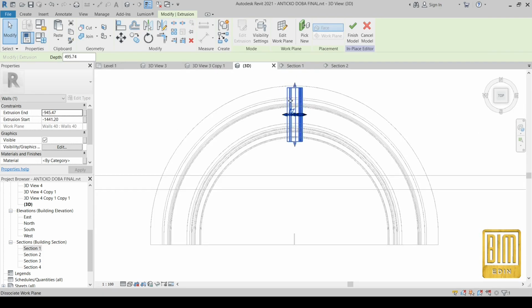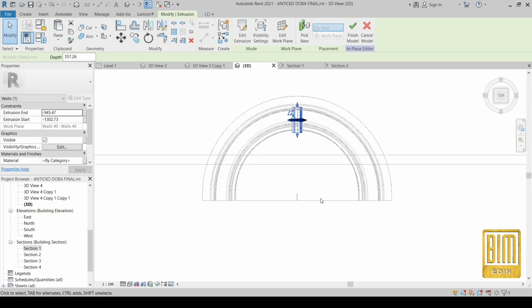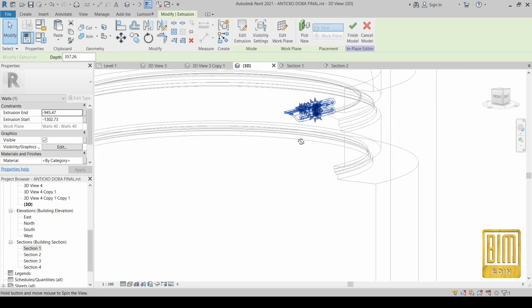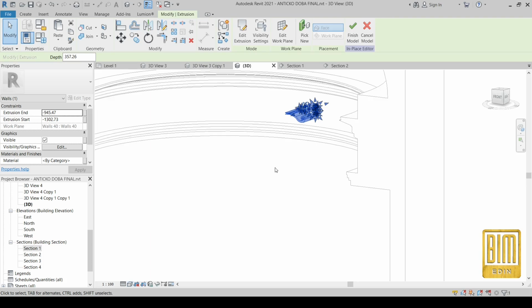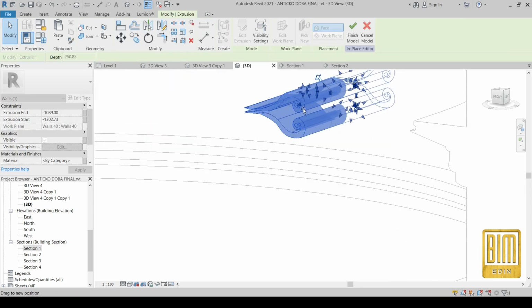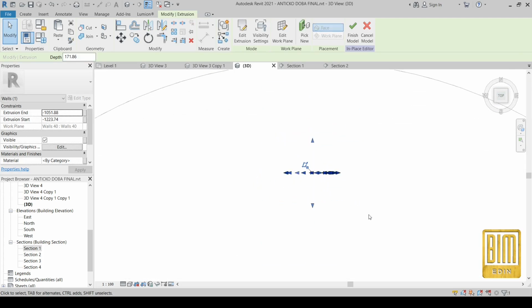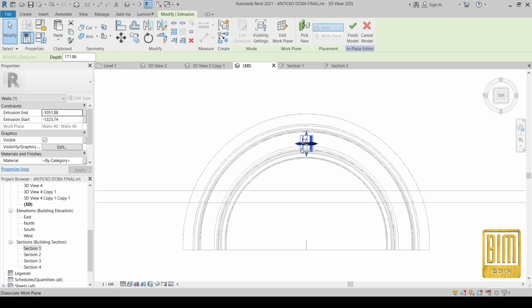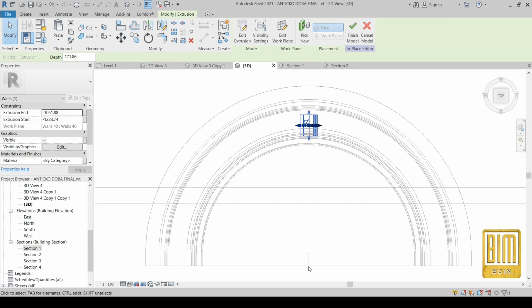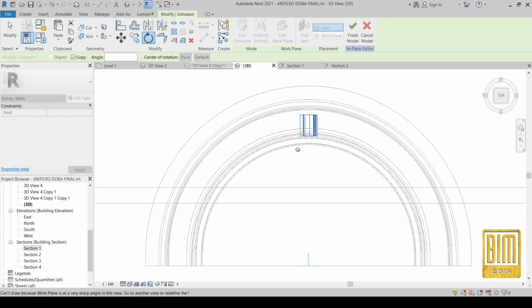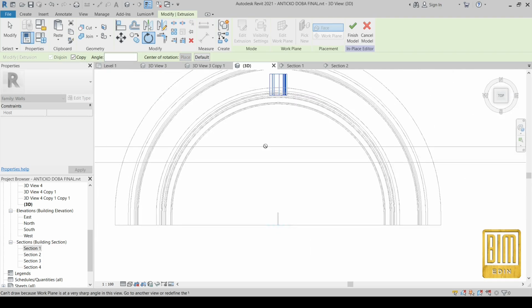All right. Now we need to position it in here. And now I will change this depth, and later we will cut this form using void form. All right, now using rotate tool,